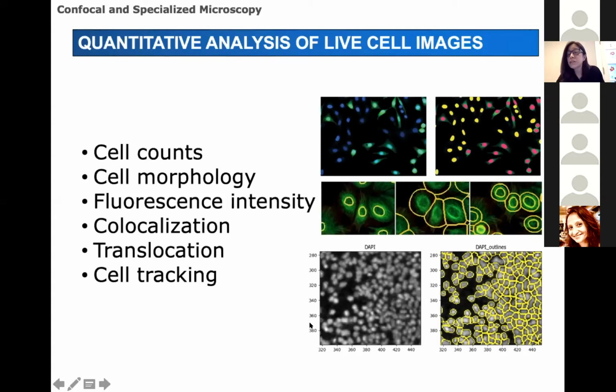And on the right here, you can see some examples of that. So basically, using our software, you can define cell boundaries, as you can see here. You can define intracellular structures, including the nucleus. In cells where you define the cell boundary and the nucleus, you can, of course, also define the cytoplasm. And you can also identify structures of various specific sizes and fluorescence within the cell. And so you can quantitate cell morphology, cell size, cell number, and you can also quantitate the fluorescence and co-localization